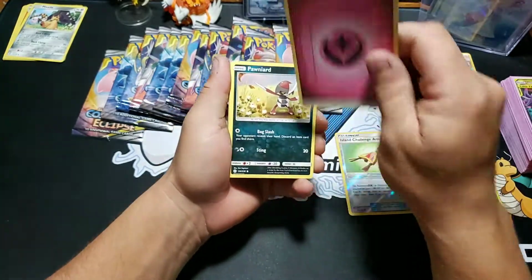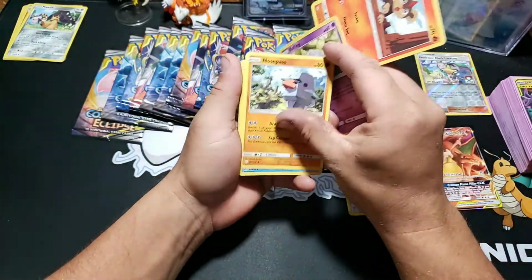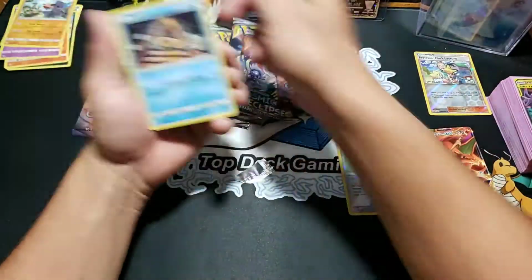Alright, we got Fairy, Pawniard, Litleo, Coughing, Nose Pass, Snow Run. Wow, okay. My hands apparently aren't as big as I thought they were. Where did that pack go? Oh, it's over there. Snow Run,